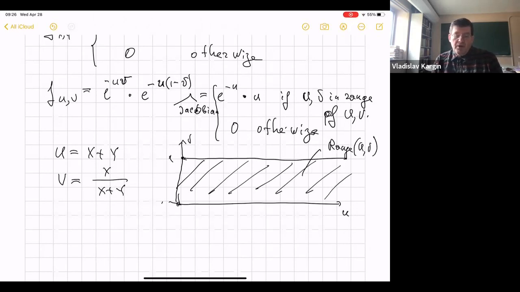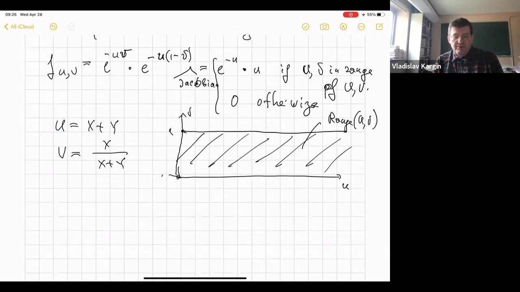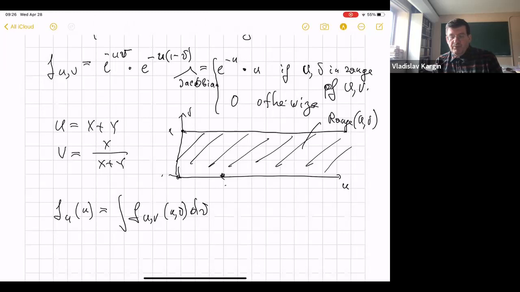So okay, now let's do one of these examples. What's the density of u? That is, what's the density of the sum of these two random variables? It's the integral of f of u, v dv. For a fixed u, v is changing from 0 to 1, so the integral here is from 0 to 1. So it's equal to the integral of e to the minus u multiplied by u dv, where